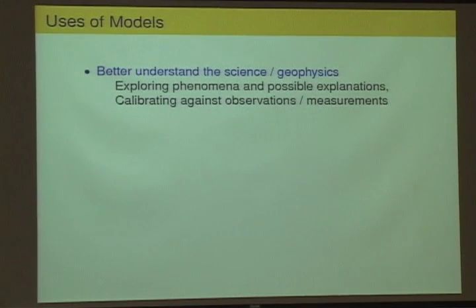So going back to the ideas of modeling, what are the points of using a model like this? Well, I think there are several different aspects that are important. One, of course, is to just understand the science better. Being able to explore different phenomena or different possible explanations, different models, by trying things out with simulations can lead to better understanding of things. You can also use observations and measurements, and there's a huge amount of data that's now available from various events that can be used to help calibrate models and help understand better what's going on in terms of the geophysics of the problems.